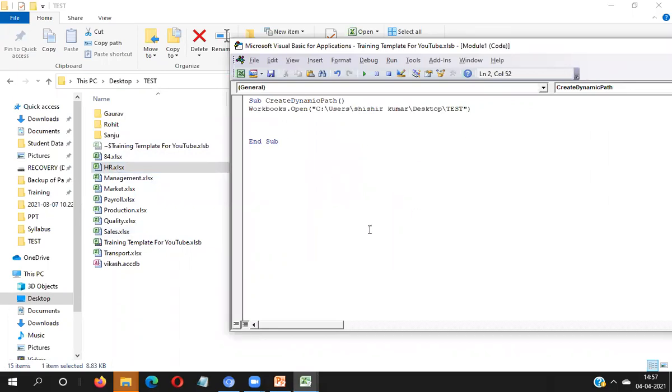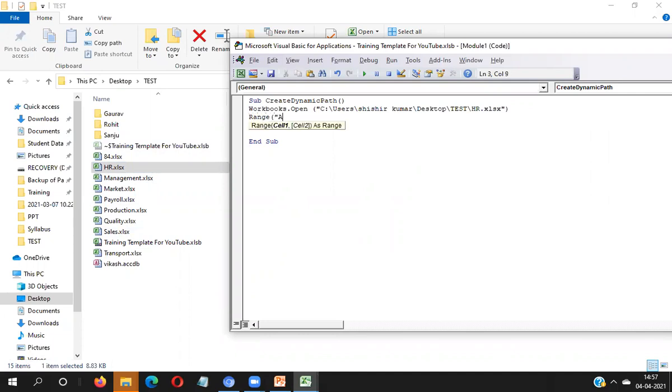But if you want to make it dynamic, I will let you know. Here I'm taking the static path hr.xlsx. Okay, so this is a static path. I'm going to close that open workbook. I'm adding some data into the range.